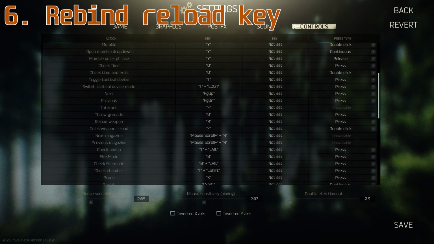Now this tip is a minor change but makes a big difference. What you've got to do is rebind your reload key, and I don't mean rebind as in change what key it's located on. If you go into your options now, you should see your reload key is set to release instead of press. So you've got two different types of reload. You've got the quick reload and the normal reload, and they've done this so you can quick reload by double tapping R. Now I'd rebind that anyway, but the reason it's a problem is because when the key is on